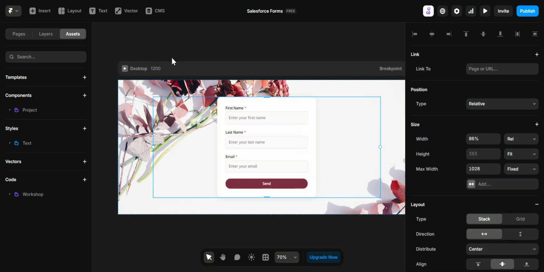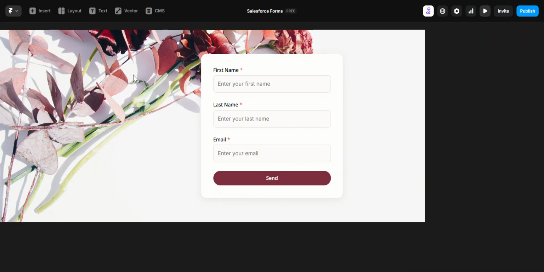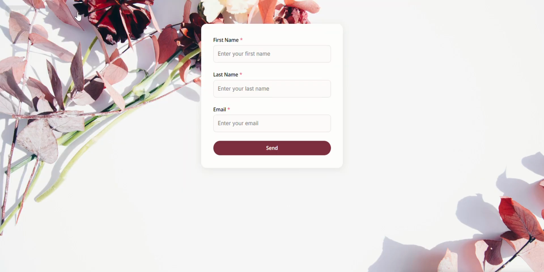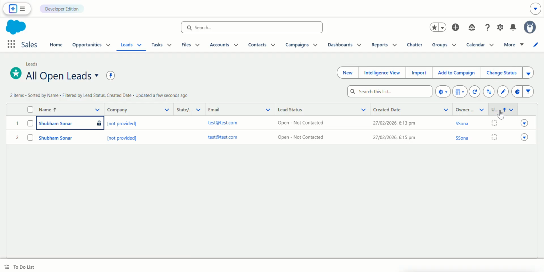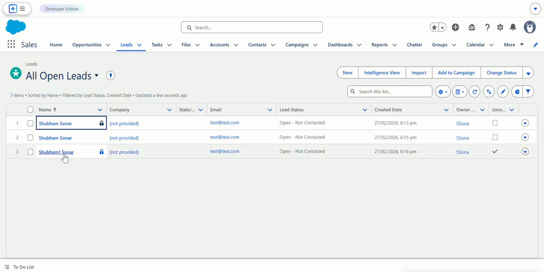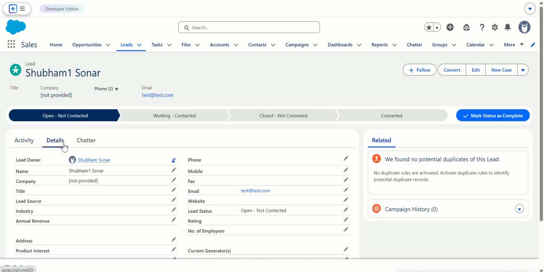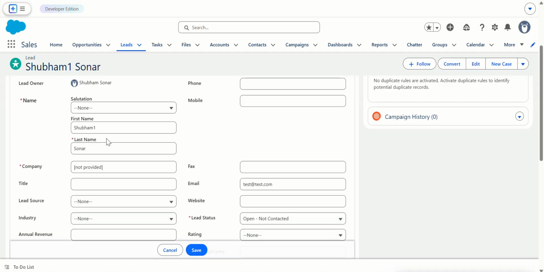So we'll again try to preview the form. We'll go into the full screen mode, and I'll refresh the form. Okay, I'll reload the form. I'm pressing Control R, and I'll try again. What I'll do is I'll put some other name just for ease of tracking. We have that lead over here, and for lead source we haven't got the